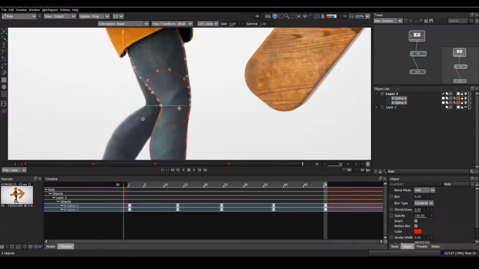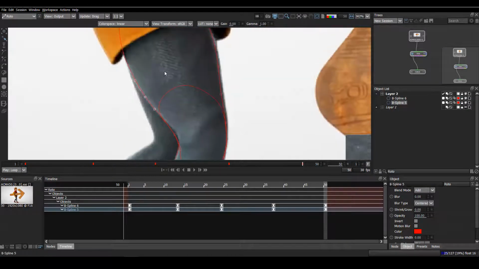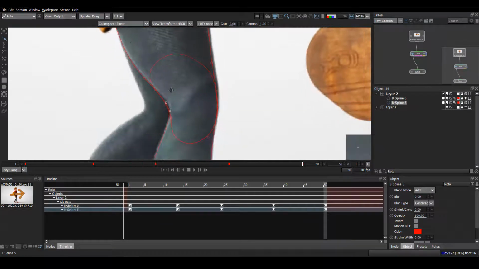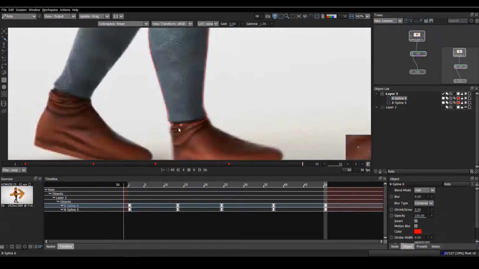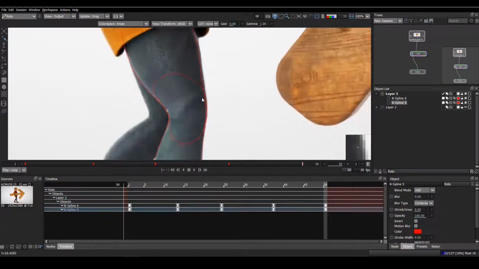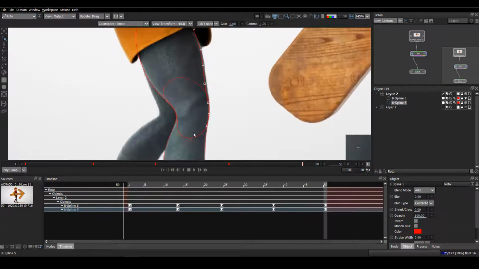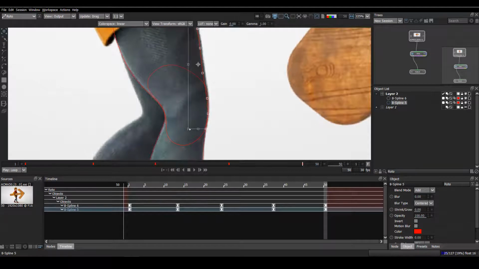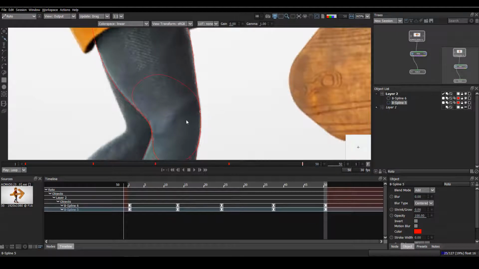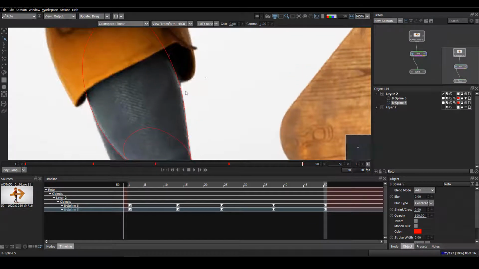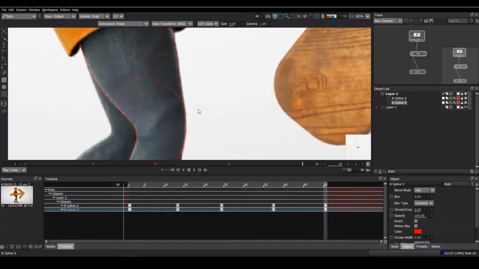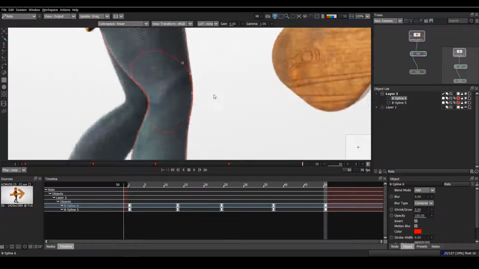Okay, so now need to match a bit more here also. So I am moving points. I think you all should not move points. You do like this, because I have some experience, so when I move points it won't jitter. Okay, but if you do it, it will jitter a lot, so just try using the transform tool.